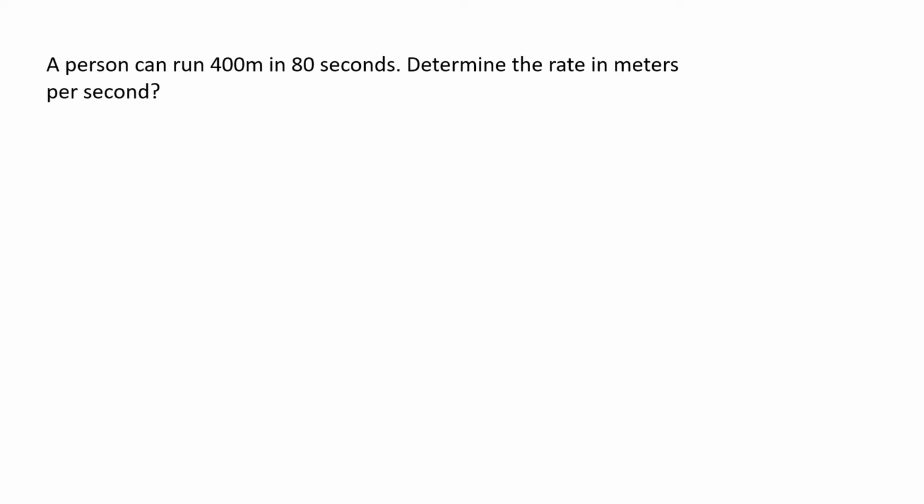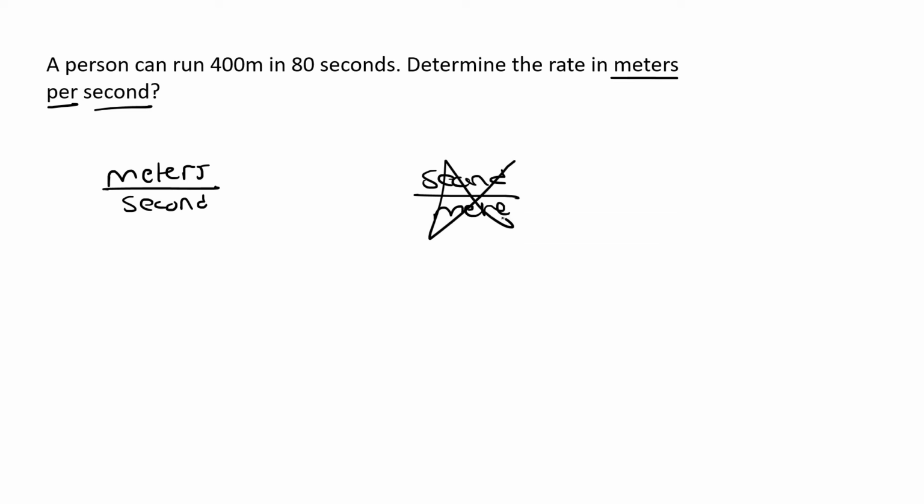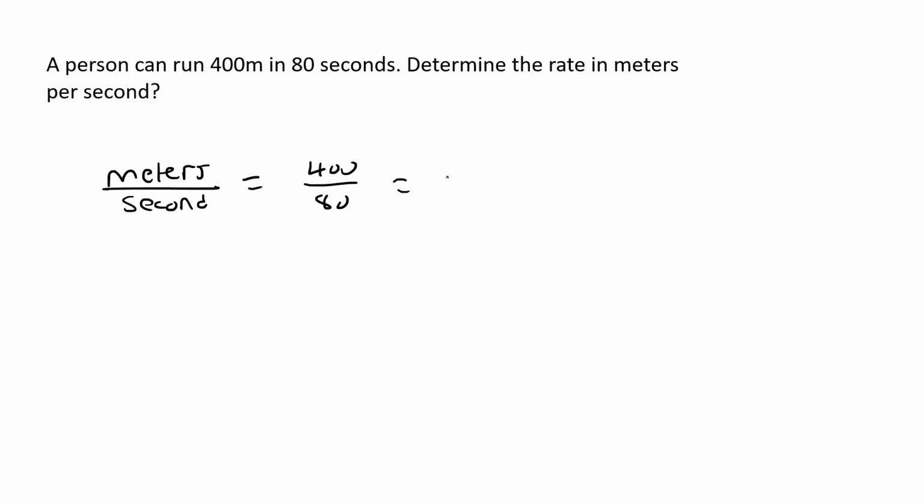A person can run 400 meters in 80 seconds. Determine the rate in meters per second. So it's meters at the top, per second. You're not going to say second per meter because they said meters first, per, then second. Okay? And so we're going to then go and say 400 divided by 80, and that'll give us 5 meters per second. So that person can run 400 meters in 80 seconds, which is the same as running 5 meters